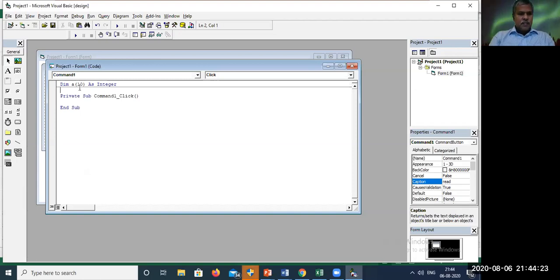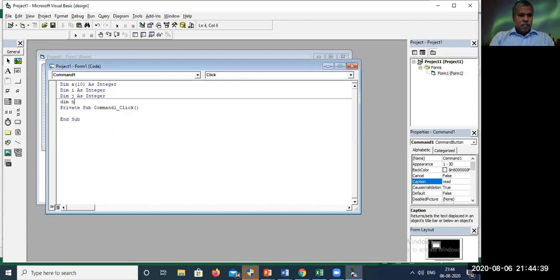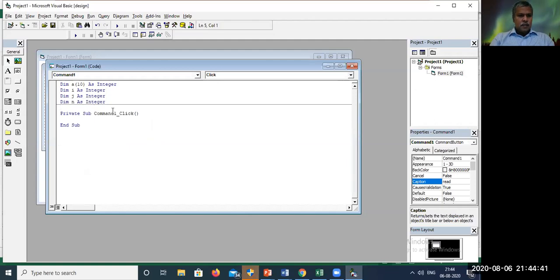When the size is given, it is called a fixed array. I have given the size as 10. I have to use the variables: dim i as integer, dim j as integer, dim n as integer.